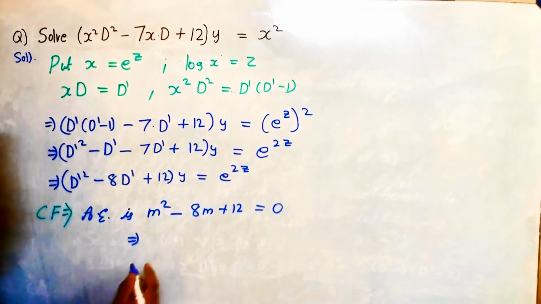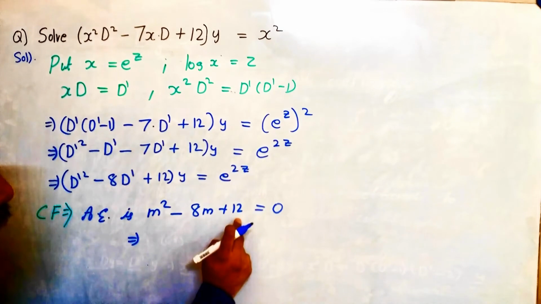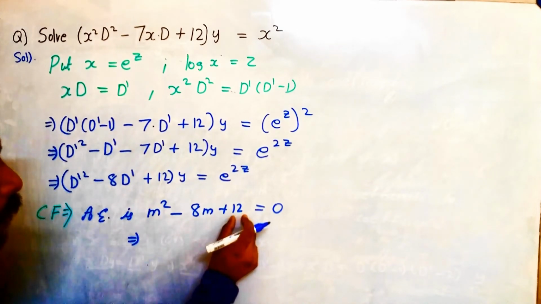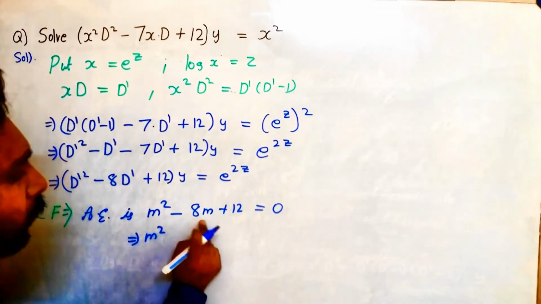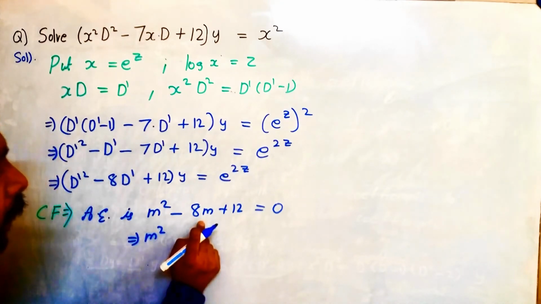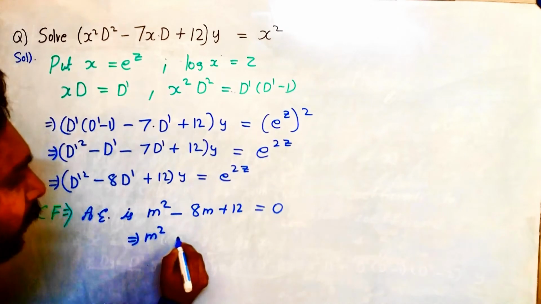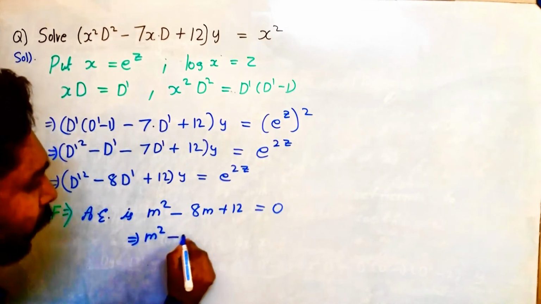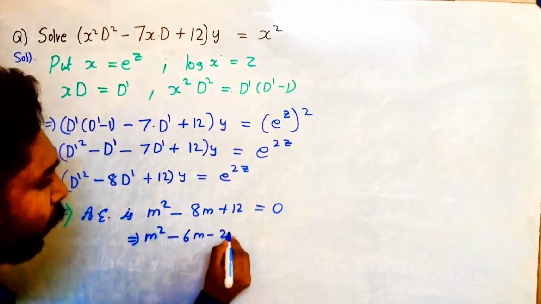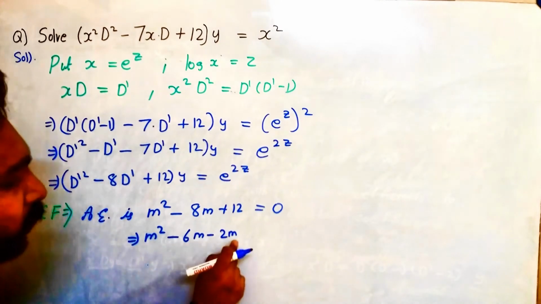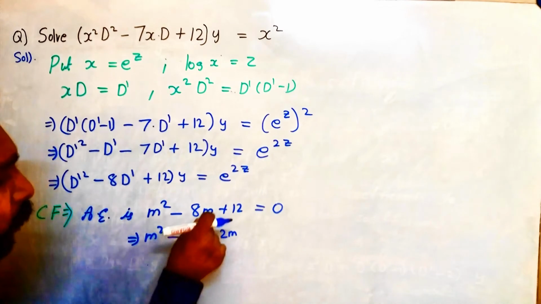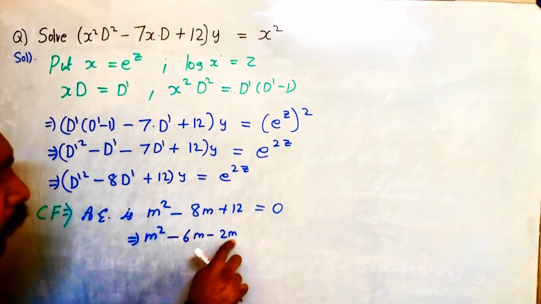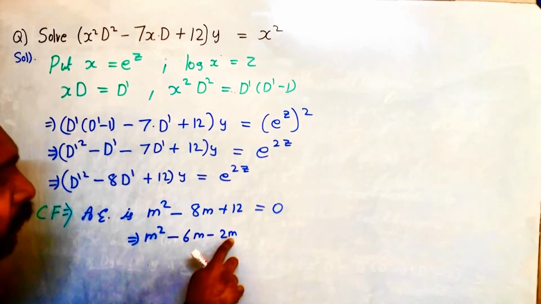That implies m square minus 8m plus 12, is it? So the last number is even, so we can take factors for this. That is m square, so minus 4, and we can split the 2, right? So I can write it as minus 6m minus 2m, because minus 6m minus 2m gives minus 8m when added. Addition gives minus 8m, and when these are multiplied, minus 6m into minus 2m gives 12m